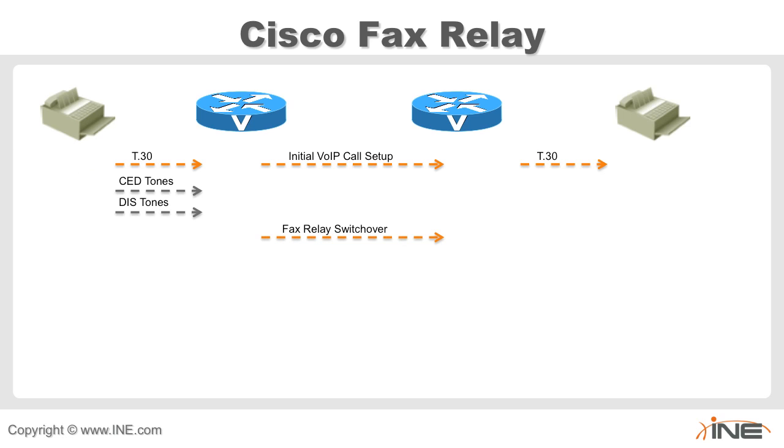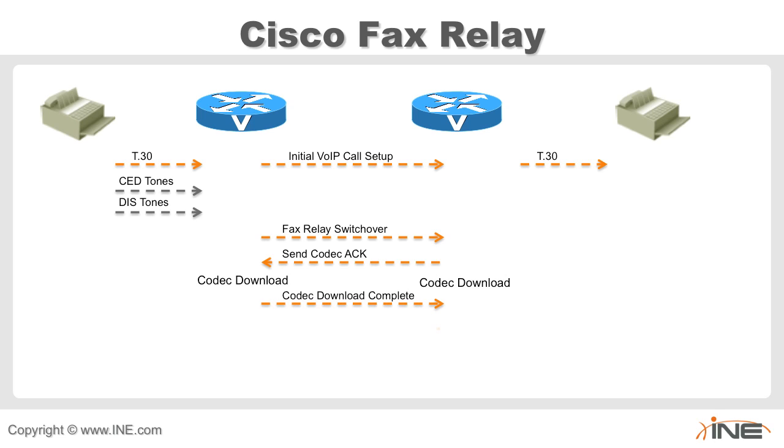Then the originating gateway will switch over to fax relay. So it's going to take all those tones and all the subsequent tones that it's going to hear for the actual fax, and it's going to turn those into reliable ones and zeros, and it's just going to transmit those out of band in the actual Cisco proprietary fax relay. Okay, for the codec to deal with the specific relay, and there's a download. We send the download complete, the acknowledgement, and then the fax relay is established, and we send the message out of band in that